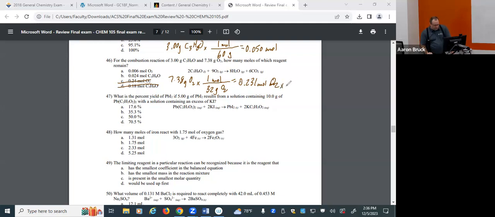So since I'm right here, 9 moles of oxygen for 2 moles of C3H8O: 0.231 times 2 divided by 9 gives me 0.051 moles of